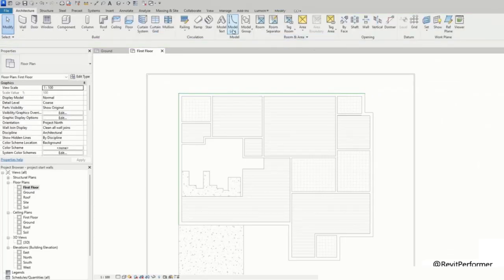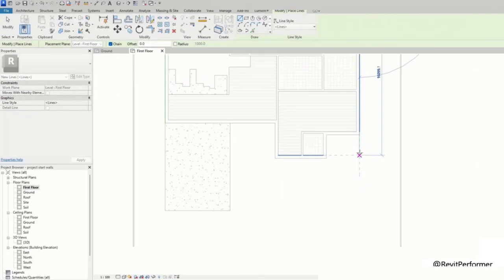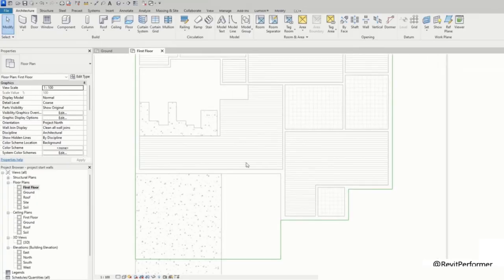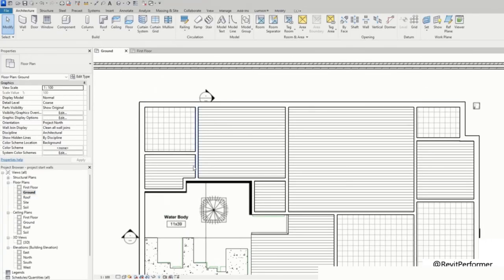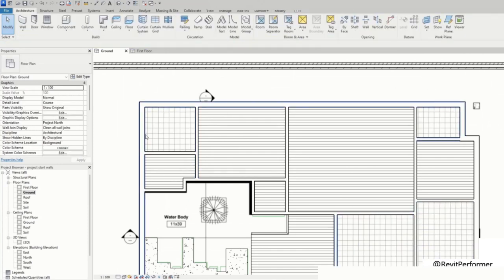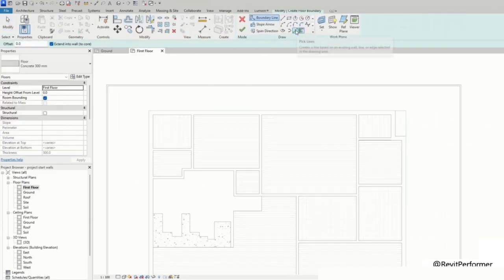For now, we're going to go into our ground floor, as we can see. I'll do the same process as this bedroom on the first floor as well. I will just click Tab, or I will just copy these, or you can also create your new ones. I'll create new ones. I'll simply go for my floor and I'll pick lines like this.